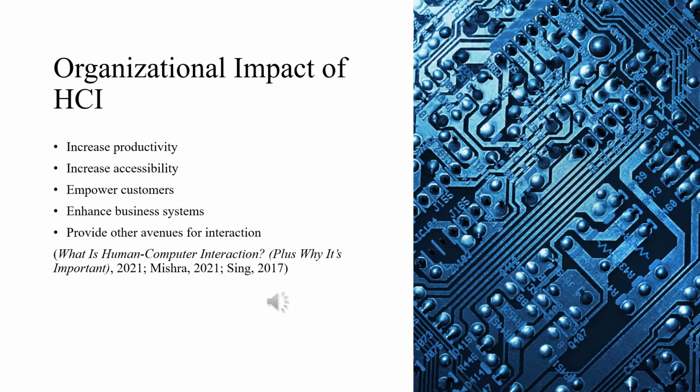HCI also makes systems and interfaces accessible to people with disabilities by allowing them to be productive despite their perceived limitations. For example, someone with a visual impairment can use a page reader. HCI also empowers customers by giving them options that lead to more valuable information. For example, a system that can show prices just by hovering the mouse on an item can provide customers with much needed information to make a purchase decision.